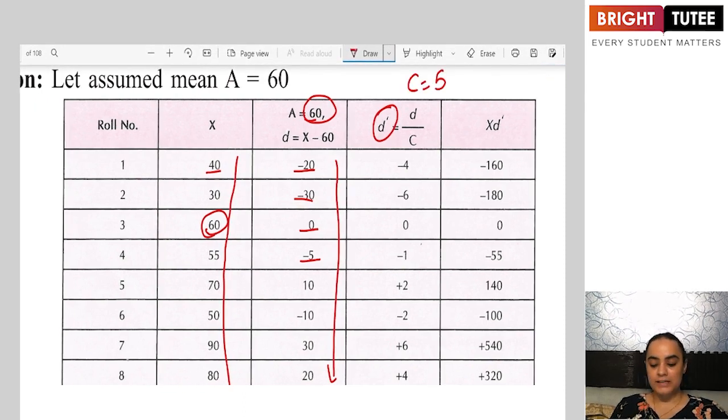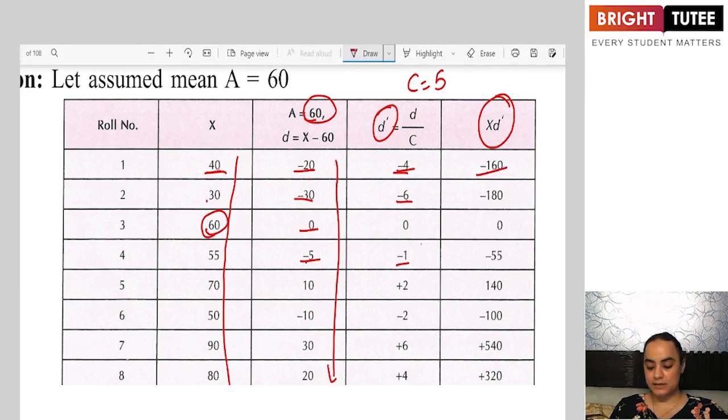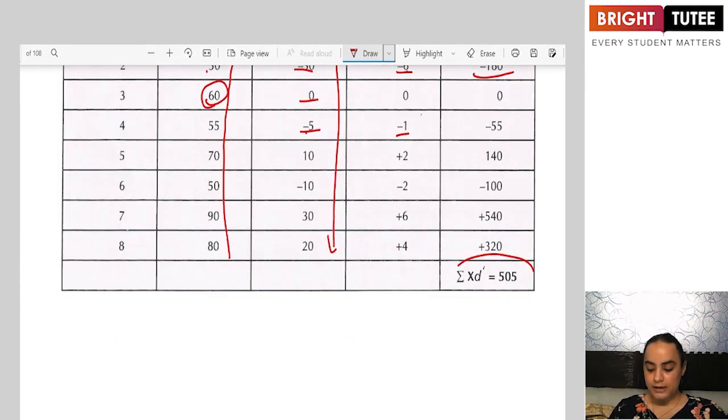So, minus 20 divided by 5 is minus 4, minus 30 divided by 5 is minus 6, 0 divided by 5 is 0, minus 5 divided by 5 is minus 1, and so on and so forth. I have my d dash now. Now, according to the formula, I need x into d dash, so I will multiply. 40 into minus 4 is minus 160, 30 into minus 6 is minus 180, and so on and so forth. You calculate your sum